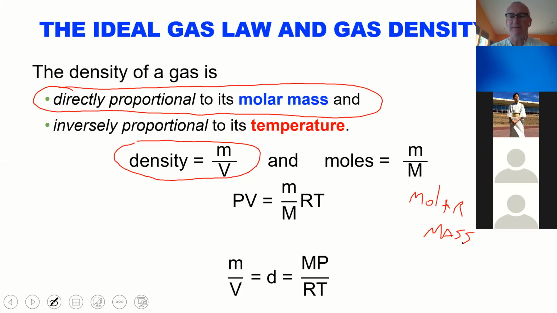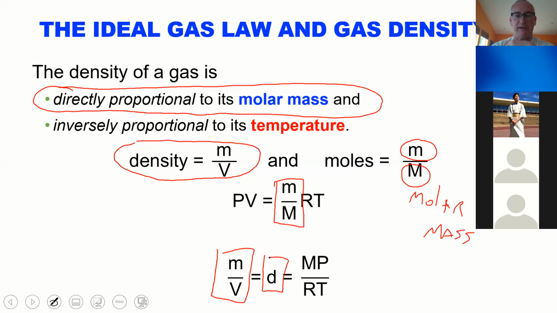So moles is just whatever the mass is divided by the molar mass, right? That's always how we calculate moles. So we have PV = nRT here, and we just take the mass divided by the molar mass, because that's what n is. That's the number of moles, right? And then it's just a matter of switching these things around. So if the mass over the volume is equal to the density, which it is, right down here, that's equal to the density,